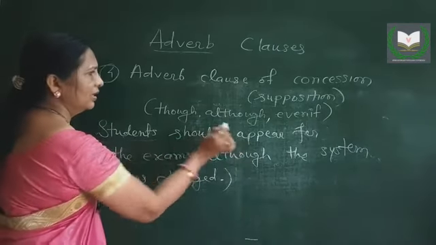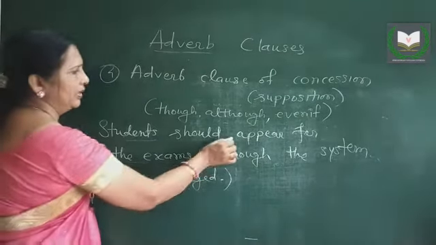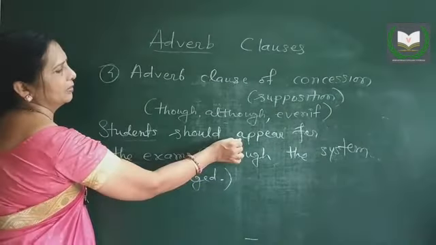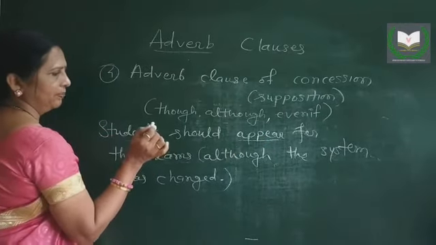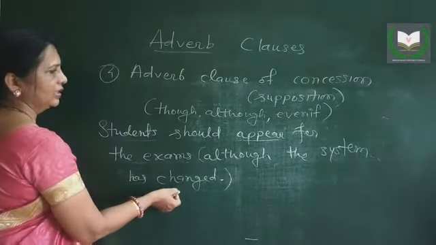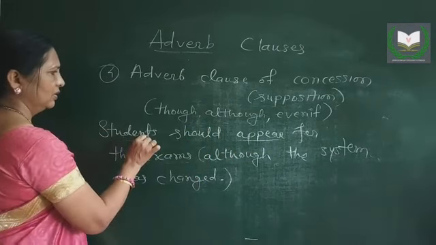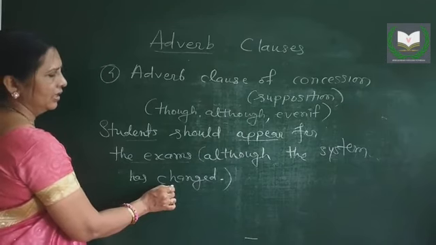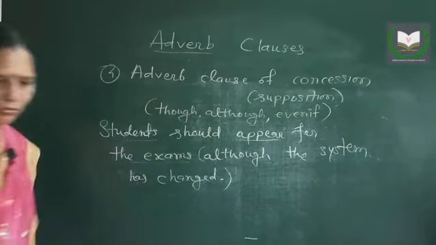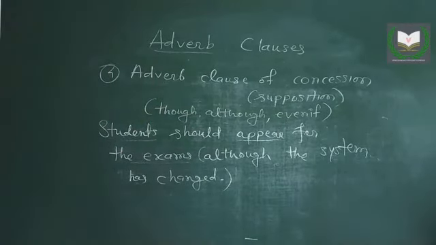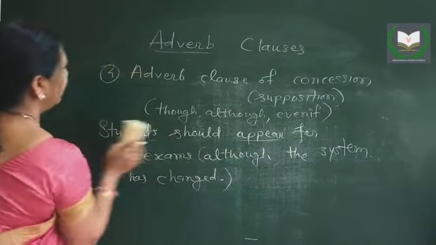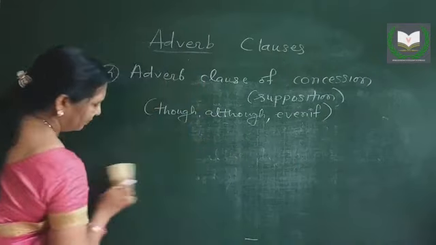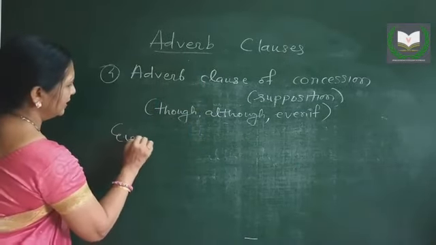The students should appear. They should appear for the exam. So regarding appearing for the exam, verb कुठला याच्यात? Appear. And this clause is telling you more about the verb appear. So it is called adverb clause of concession or supposition. Let's have the example with even if now. Now monsoon has started. Even if it rains,